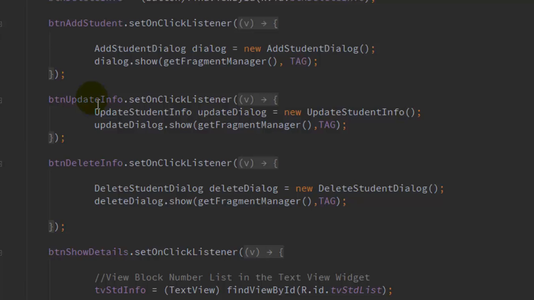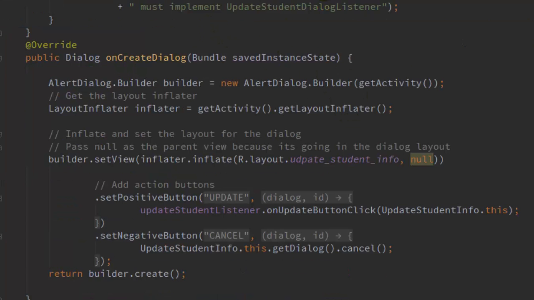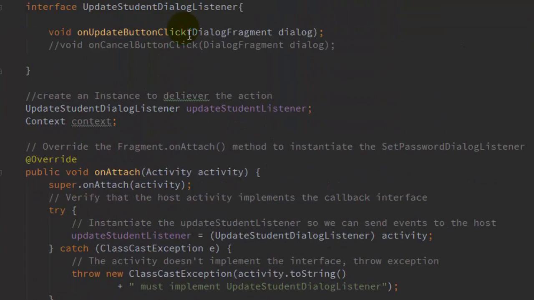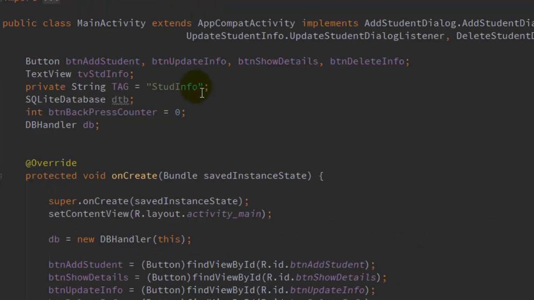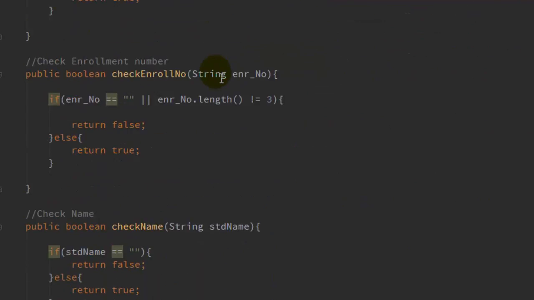The update student info dialog will be displayed to the user, and the implementation of that particular method, the update student info, the method that we have defined over here, the on update button click, will be defined over here. On save button click is there,